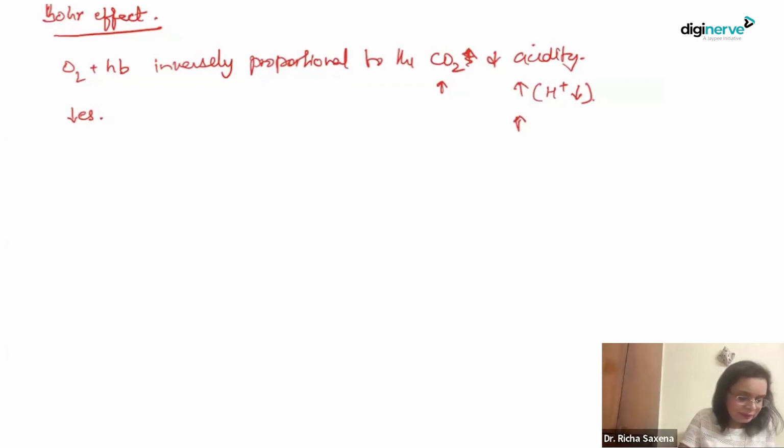So this is very simple. Just remember that ability of oxygen to combine with hemoglobin is inversely proportional to carbon dioxide and to acidity. If you remember this, then you can join the dots and you can solve it. Okay. Now,